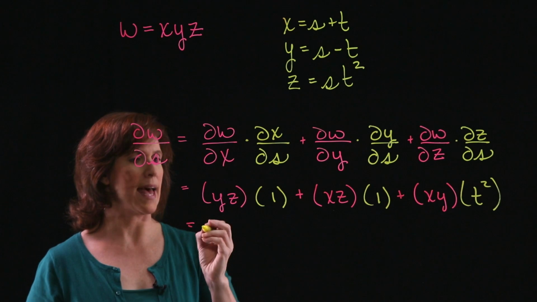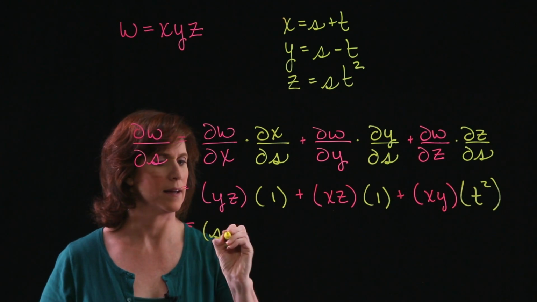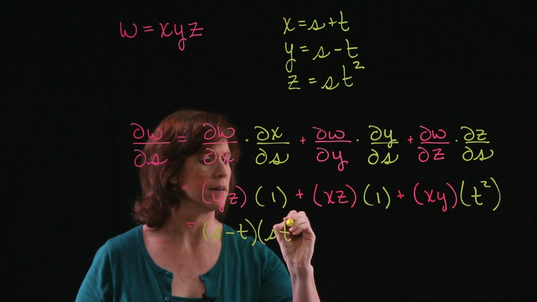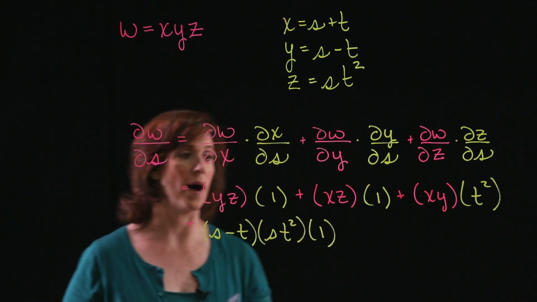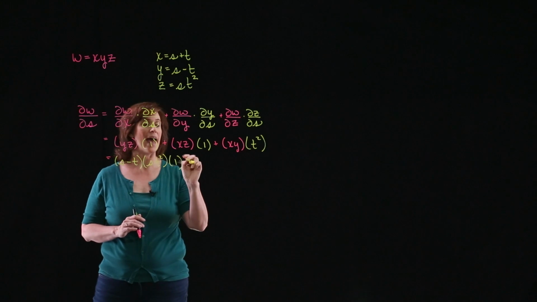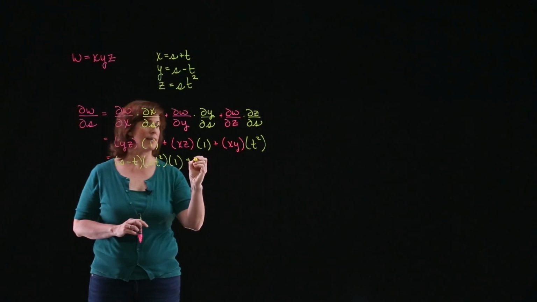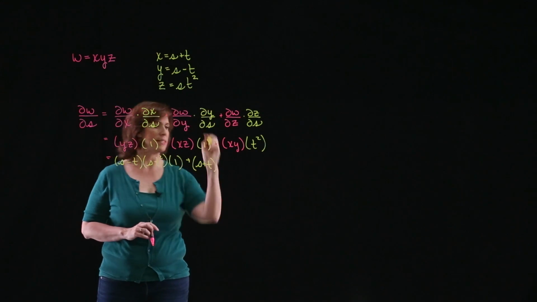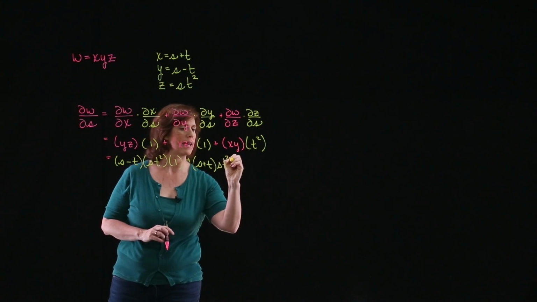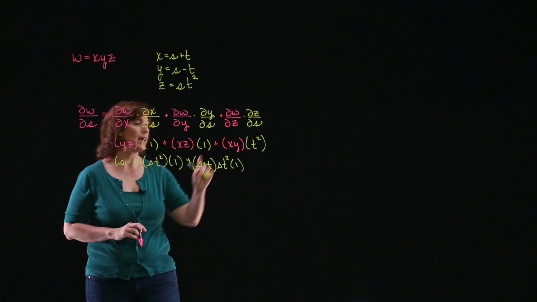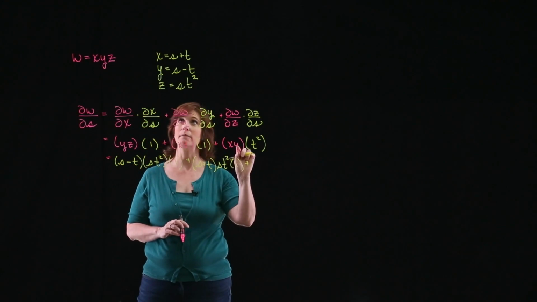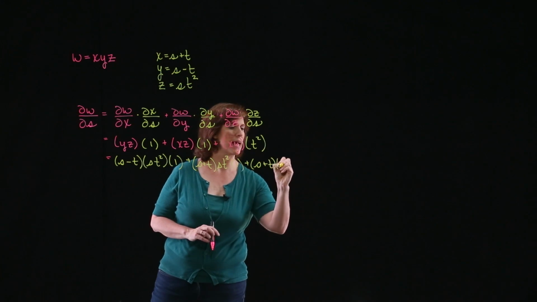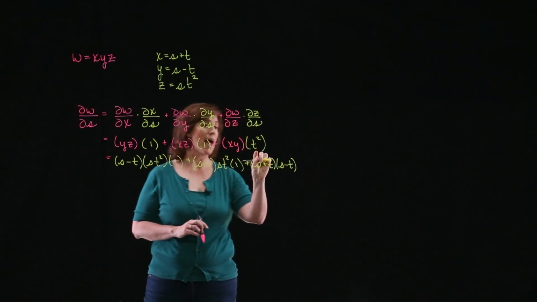Well, y is s minus t, z is st squared, and then I'm multiplying by 1. I'll add to that xz. That's going to be s plus t times st squared, and again, I'm multiplying by 1. And then finally, I have x times y, which is s plus t times s minus t,